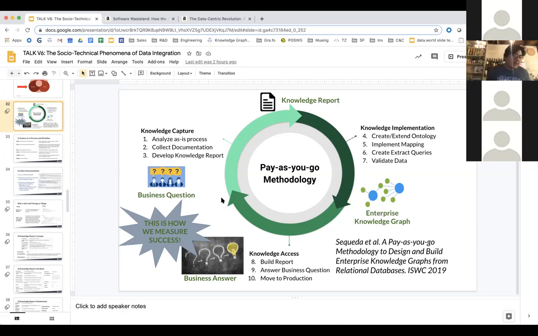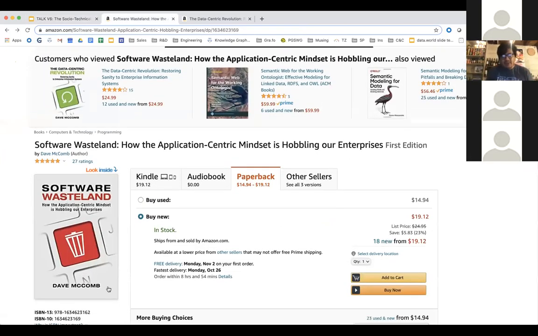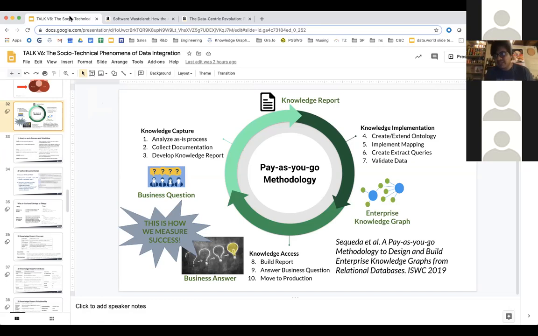Yeah, so here's the deal. The generations I'm seeing: the people who get it, actually, folks like this guy, Dave McComb. He's 65, 70 years old. He gets it, but he's retired, right? So he understands it, but he has no decision-making power. Then you have people who are about to retire, between 5-10 years to retirement. They have no incentive to take on a new project with new technology, to learn something new. You can't teach an old dog a new trick, right? So it's going to be so hard to convince them.